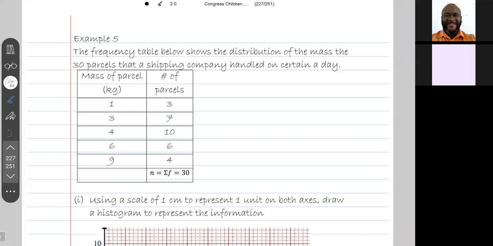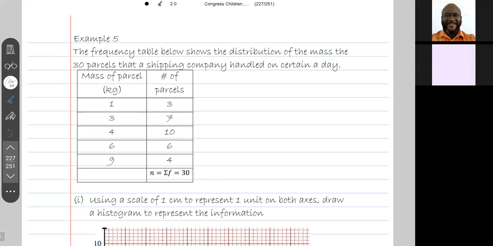Example 5 says, the frequency table shows the distribution of the mass of 30 parcels that a shipping company handled on a certain day. 3 of the parcels that they handled weigh